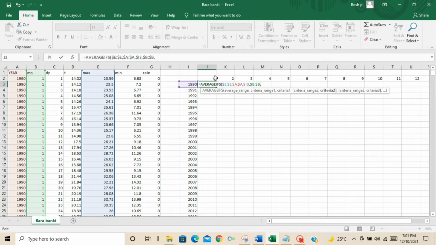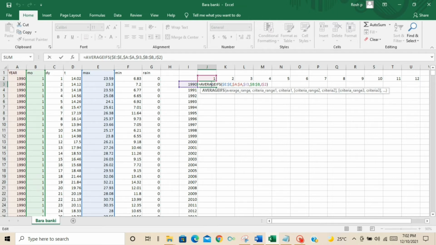Lastly, you require the J2 value, that is the month of January. That's why I am using J$2. Once you are done with this formula, you click enter, and that's your maximum average value for temperature.